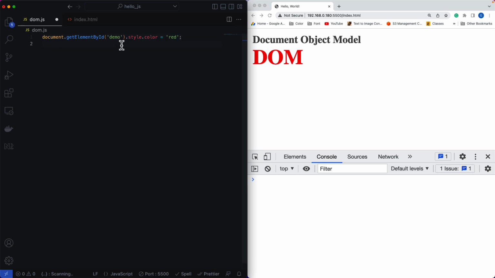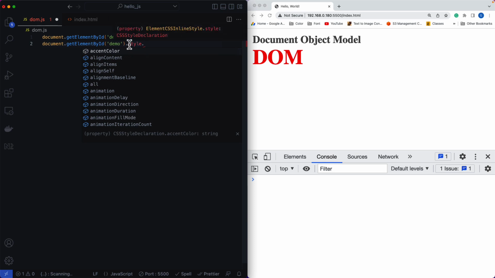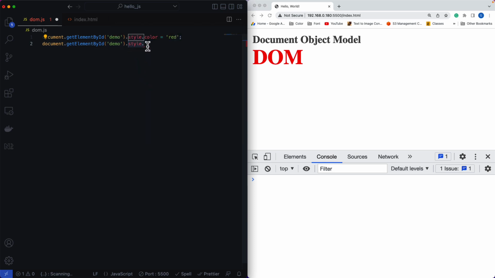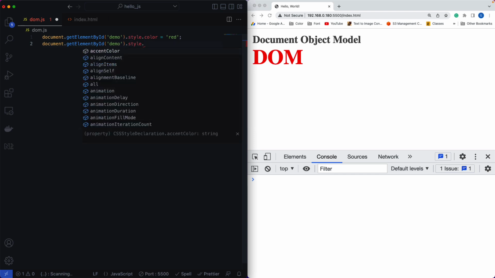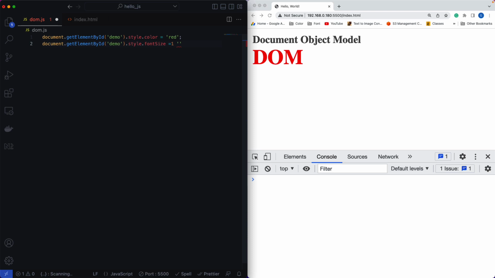And maybe I can change the font size as well. Here I'm updating the style object. All the CSS properties and values are stored inside the style object of this particular element. So dot fontSize, set it to 13 pixels. I'm still using CSS values, but I'm replacing the value that was previously there. So this got small. But each time I should not have to call the same method,